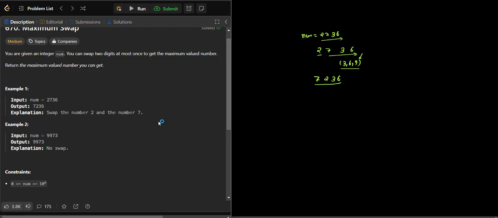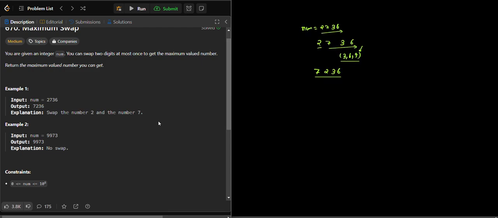One conclusion: we check the right-hand side for the maximum digit. If we get the maximum digit, we swap both digits, the current digit and the digit we already found, and we return the answer because we want only one swap.